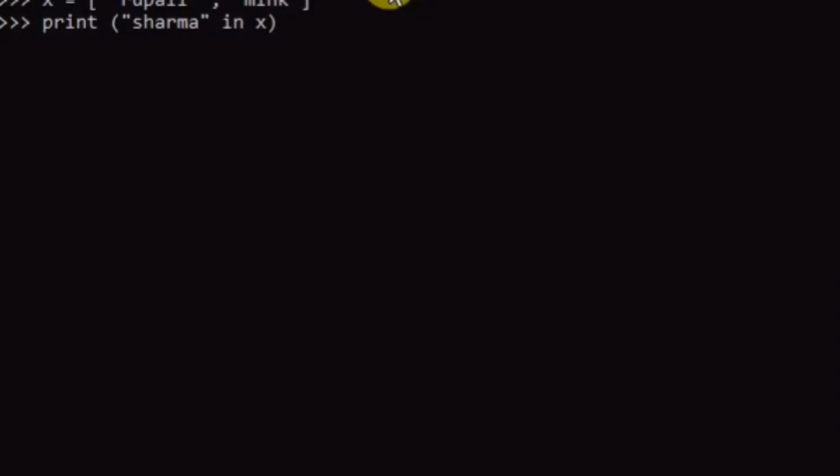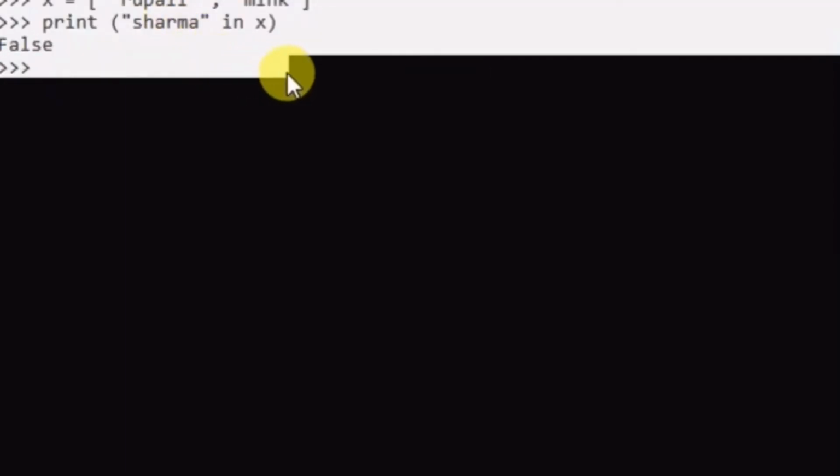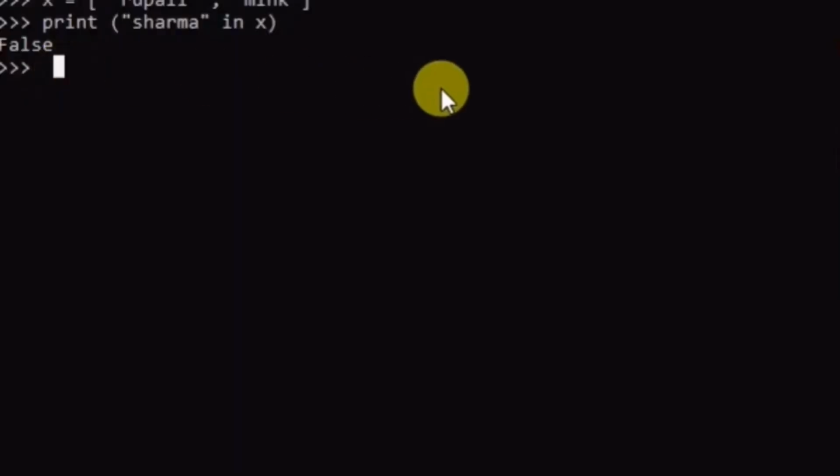The result is false, because Sharma is not among X's values. So the answer is false. In this way we can use the in membership operator.